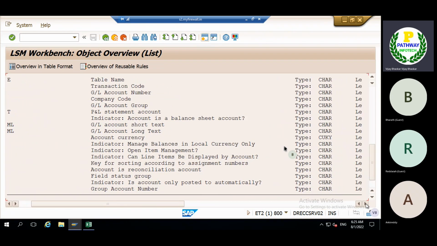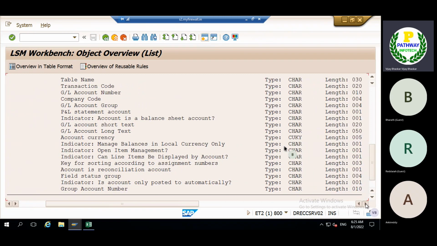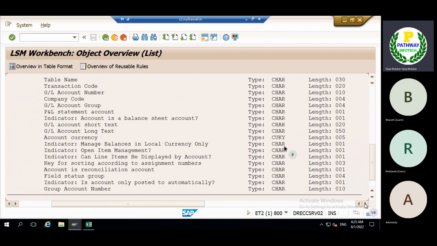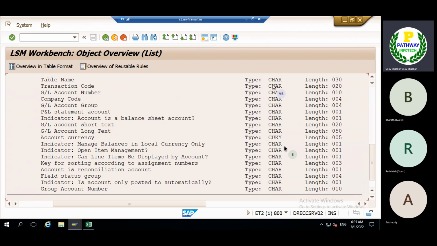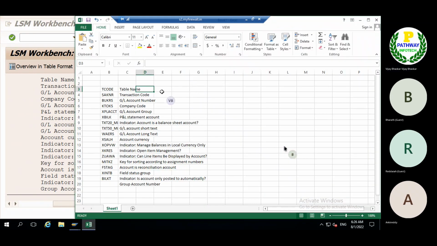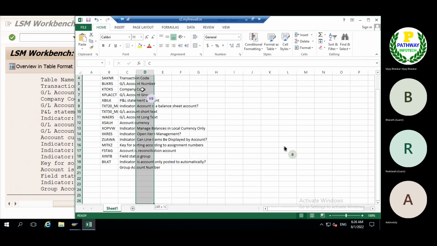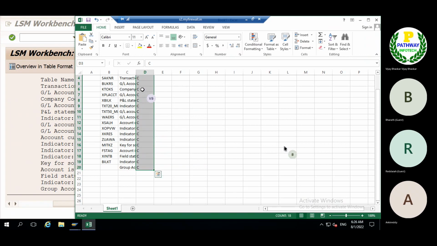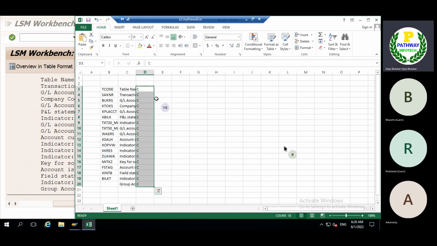The system automatically derives whether it is character or only numeric digits. Now we need to select. No need to select CHAR. While mapping in the system we only require C. C stands for character. I will show you where we need to give that. We have already copied C.